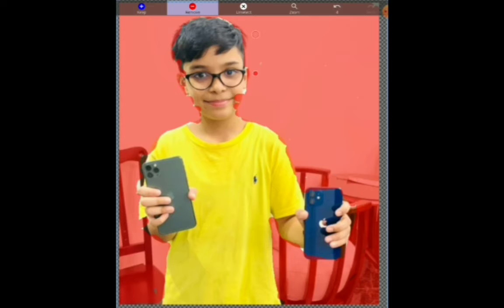So guys, as you can see, I'm done with the red, and it's not that perfect because the background was quite big, as you can see. So now we'll use the keep one, the blue one, and now it will be easier to do. I'll just highlight the blue part I want to keep.